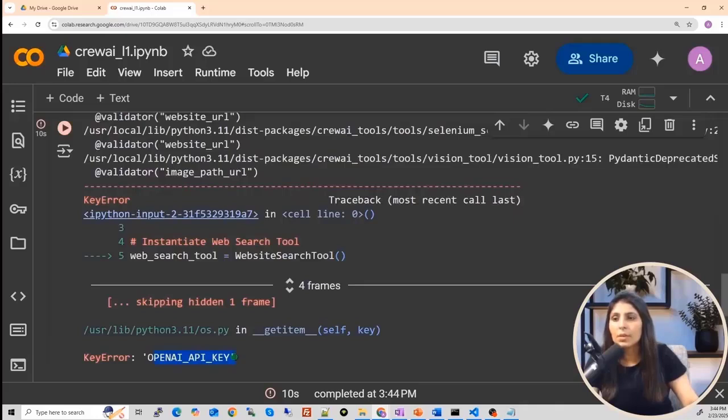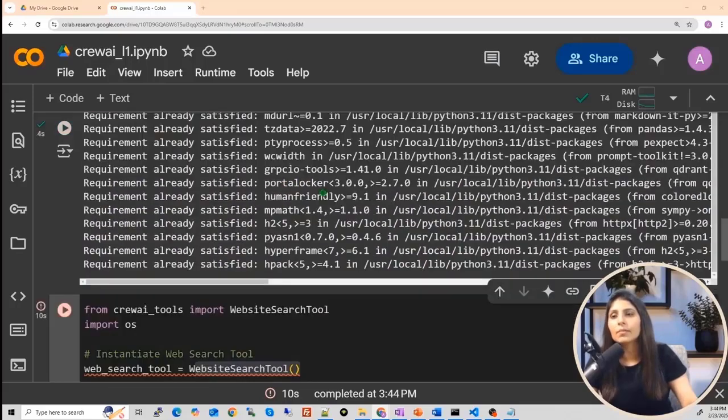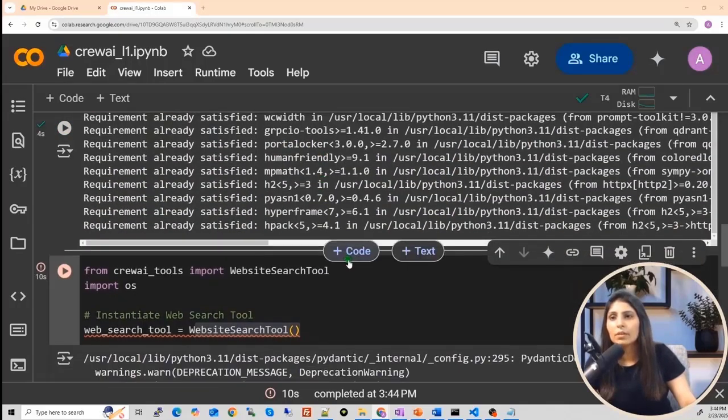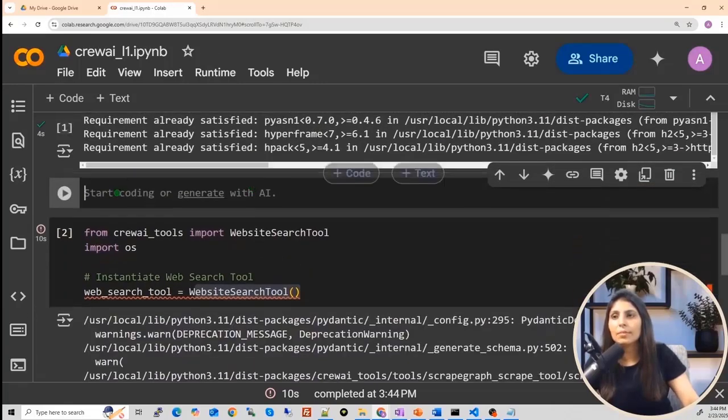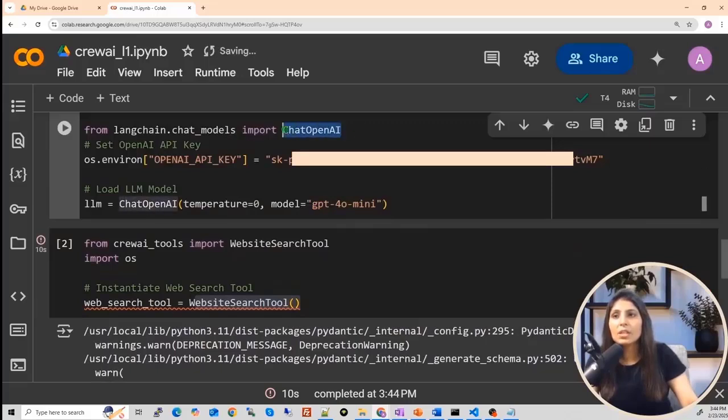Okay, OpenAI API key. Guys, we need to define our LLM first. So let's define our LLM. Before this cell, let's write the code for the LLM. So this is my LLM. I'm importing ChatOpenAI from here, and I'm using the OpenAI LLM. To use that, I need the API key.